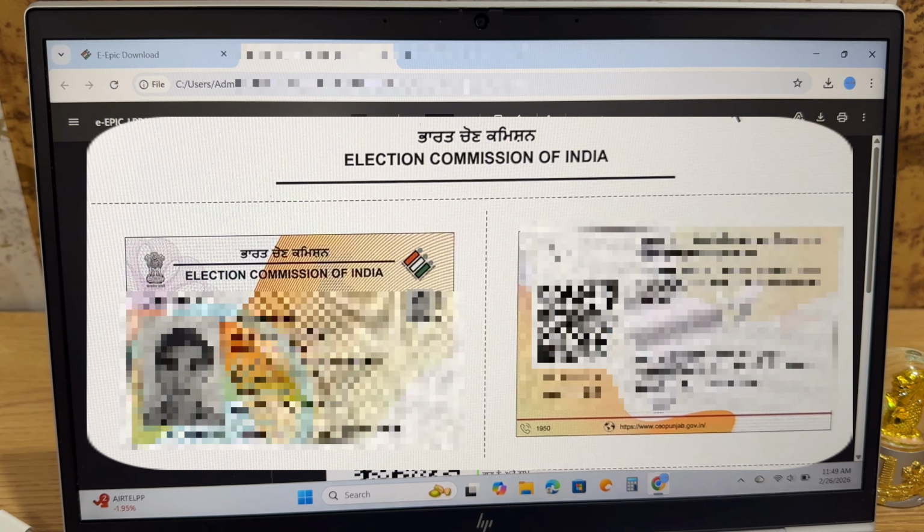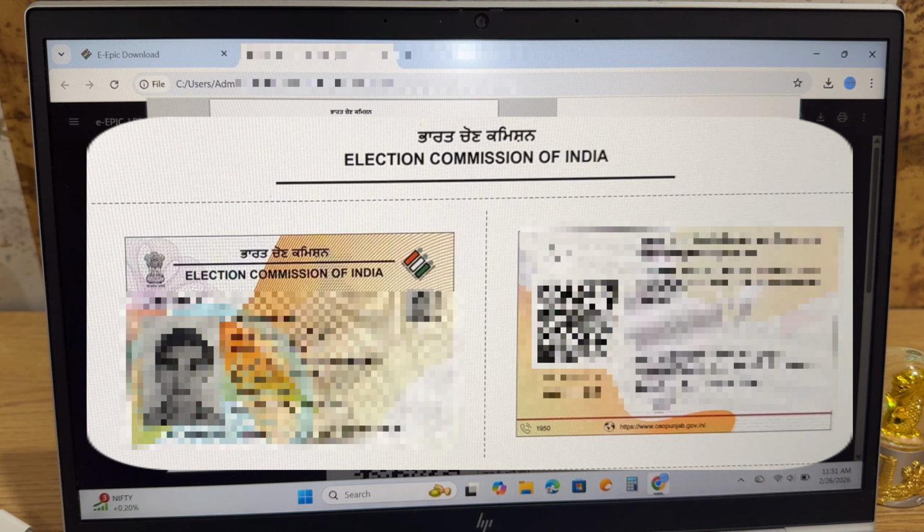So friends, digital voter ID card has been downloaded. So now I can use it anywhere as a valid ID. So very simple and easy friends, you also can download your